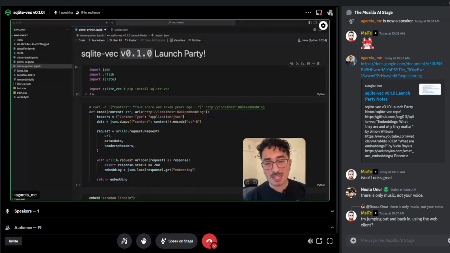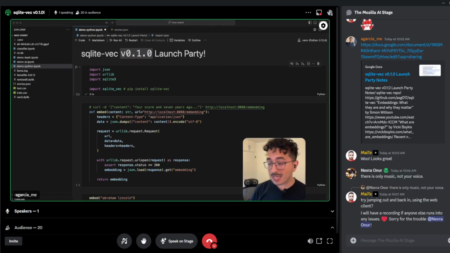It just stores embeddings. It doesn't generate embeddings for you. To generate embeddings, you're going to want an embeddings model, so an AI model that, given text, will output a fixed size vector. There's many different ways to do this. There's PyTorch, there's sentence transformers, there's third-party APIs like OpenAI and Nomic and Cohere, and a bunch of different ways to generate embeddings, right? In this case, since we are in the Mozilla AI Discord, we're going to be using